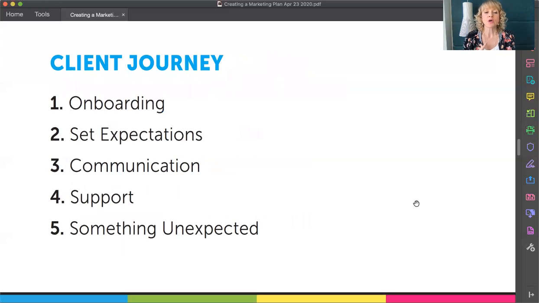So once you've decided what you're actually offering and what the funnel is, like the journey to get people to sign up for those things that you have, you then want to think about, what is the client journey once they've signed up with you? It's one thing to think about your marketing from an external, attracting-the-clients perspective, but then what is the experience you want them to have once they sign up with you?